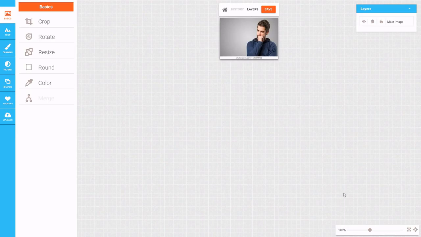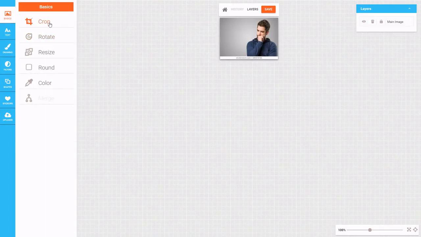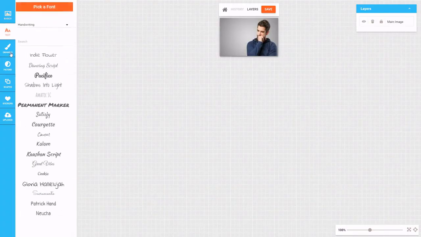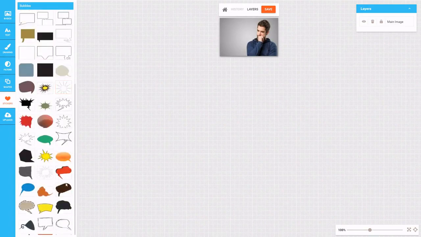Here we have our very own photo editor, and you can see thousands of options to customize our picture. But first of all, I see a watermark here that kind of bothers me, so let's just get rid of it. There we go. And we can just go to our thousands of stickers, go to bubbles, and we can grab